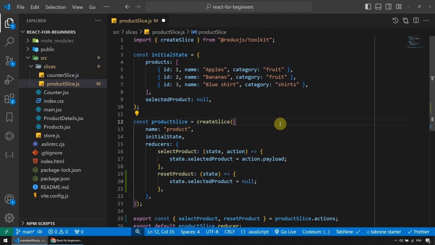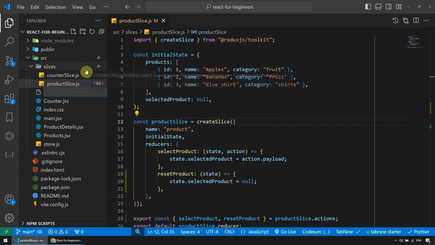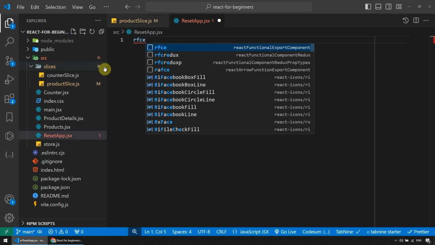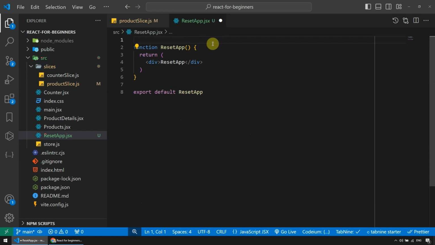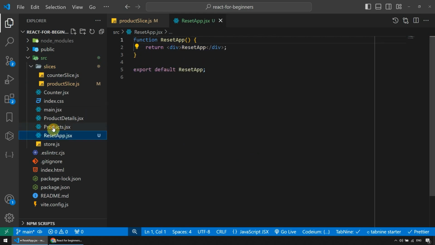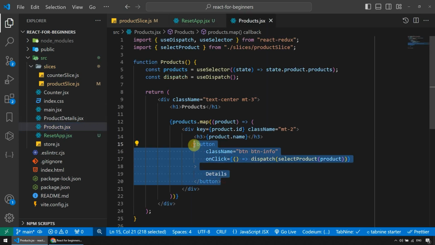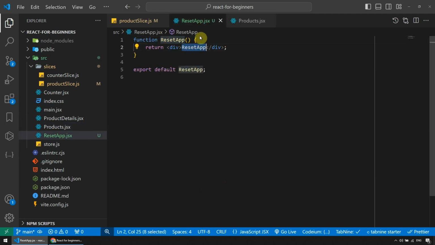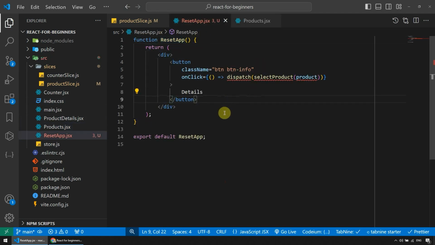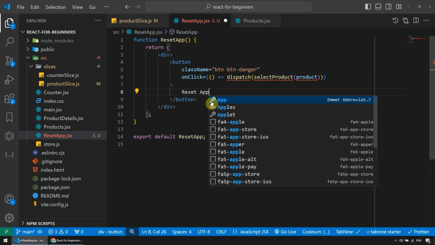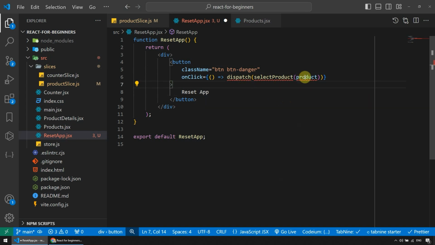And now let's create a component for that. So new file, and I'm gonna call it ResetApp.jsx, rfc here, and let me go to products and just copy this button actually, so I don't need to type it out. Okay, save to format, and this will be danger, and this will say reset app, and I will dispatch reset